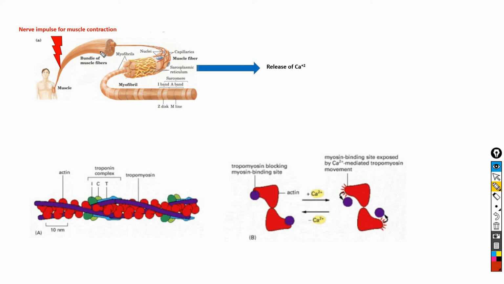When the muscle receives a neural signal to initiate contraction, calcium ion is released from the sarcoplasmic reticulum, and the released calcium ion binds to troponin C. The binding of calcium ion to troponin C causes a conformational change in troponin C, and the conformational change in troponin C alters the position of troponin I as well as tropomyosin. So after the release of tropomyosin from the actin filament, the myosin binding site is exposed, which allows the muscle contraction. So in conclusion, calcium ion plays an important role in muscle contraction by exposing the myosin binding site on